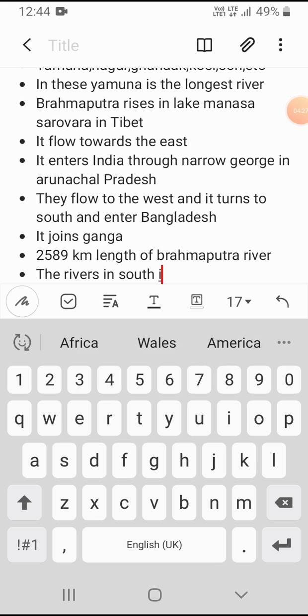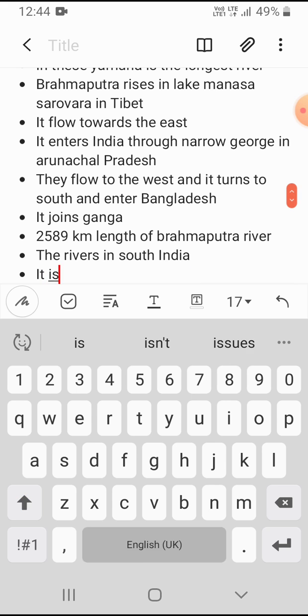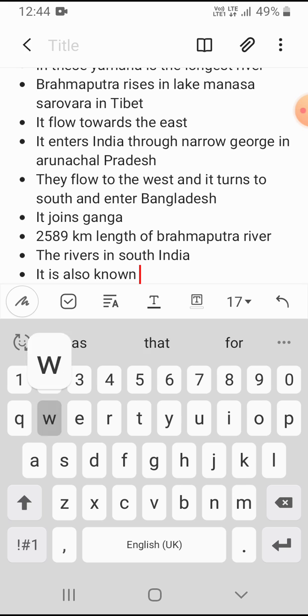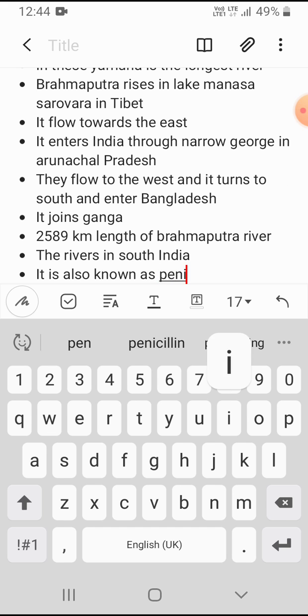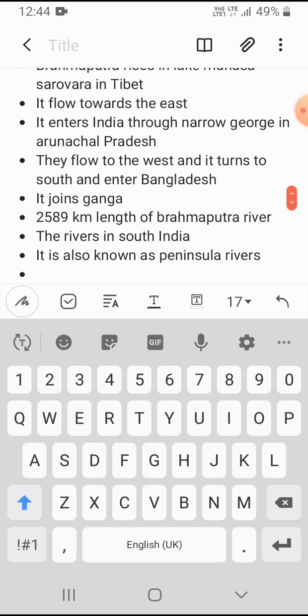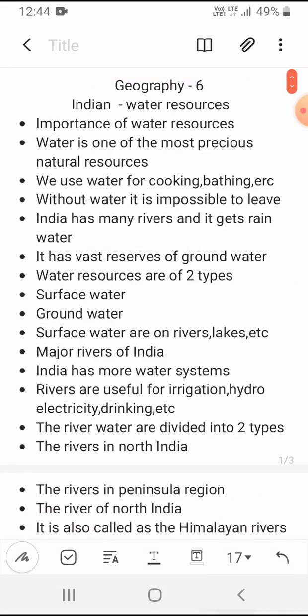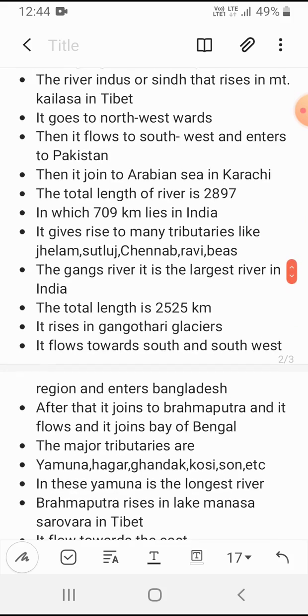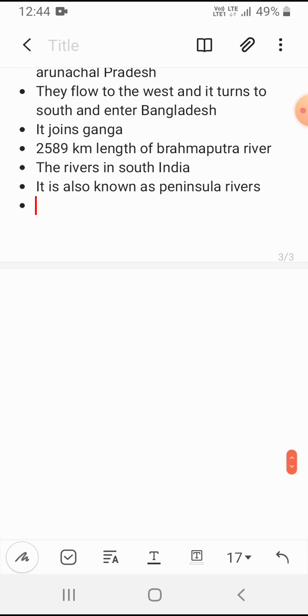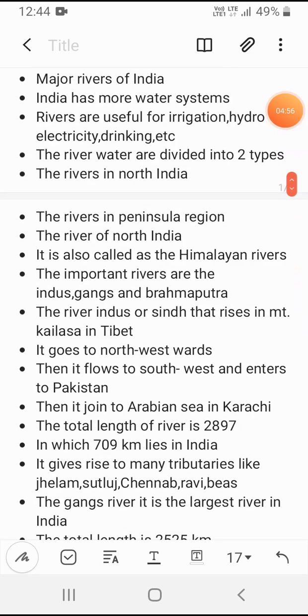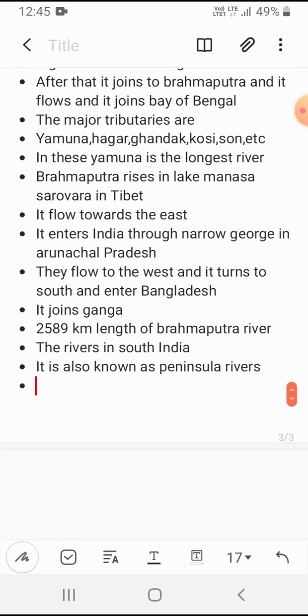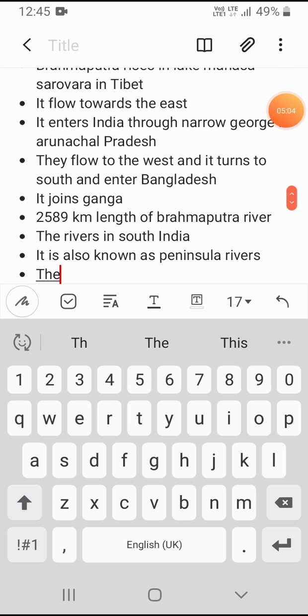South Indian rivers are also known as peninsular rivers, as they run in the peninsular region. So here we can say South Indian rivers or peninsular rivers, just as we can say the North Indian rivers as Himalayan rivers, like that only. And the rivers are